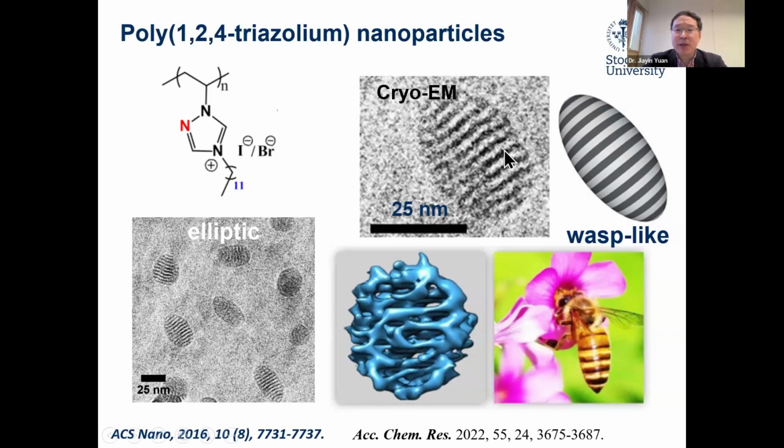This unique non-spheric structure is a balance of the surface energy between the hydrophilic and hydrophobic domains. So the alkyl chain is hydrophobic, and the triazolium cation is hydrophilic. What is slightly different here is that the triazolium cation is more hydrophilic than the imidazolium. That modifies the surface morphology to allow the formation of the elliptic structure. And it looks very similar to the wasp body structure here. Then later we did this